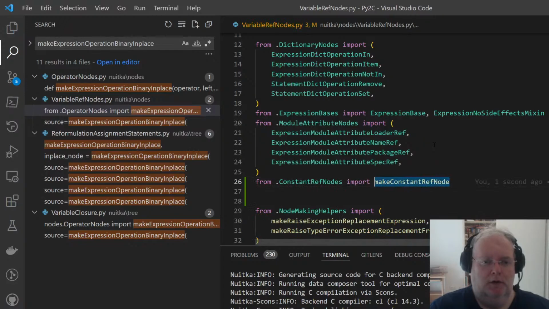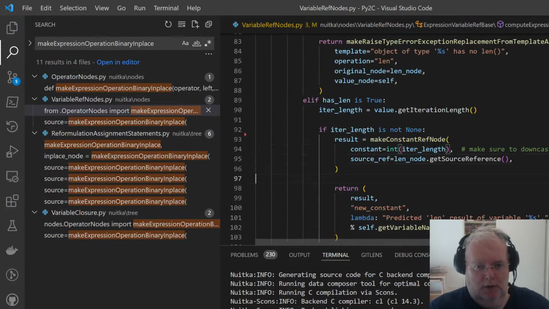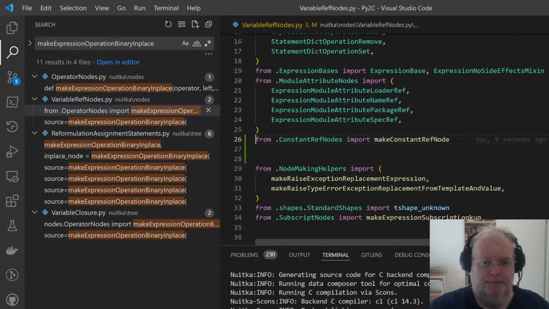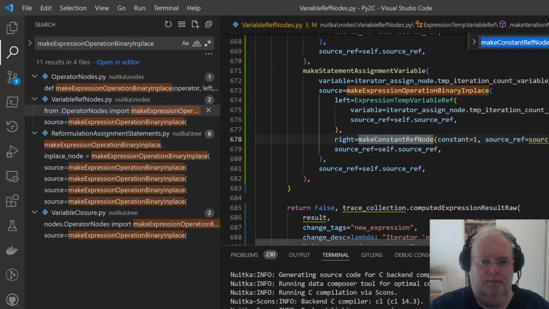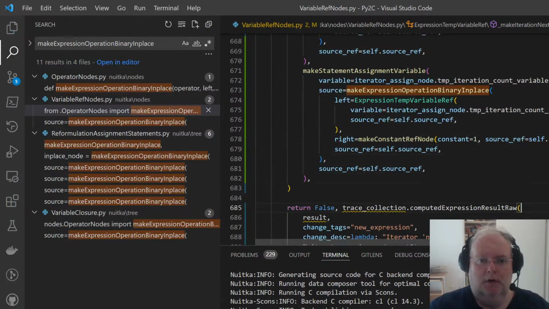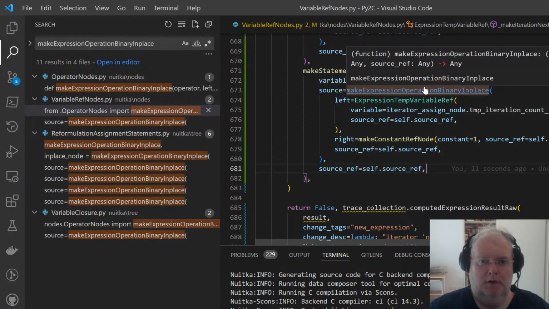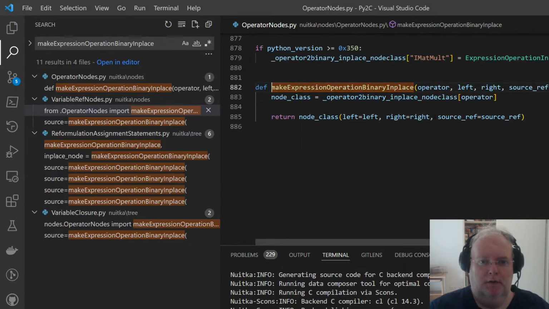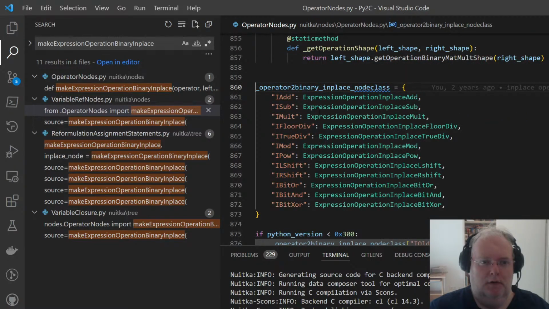Not sure if I will get an error from that. And self source ref is probably what we are using here. Okay, so we assign to the count variable +1. And binary in place wants an operator.